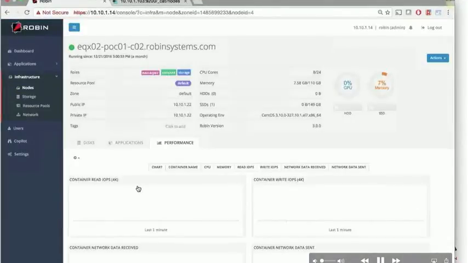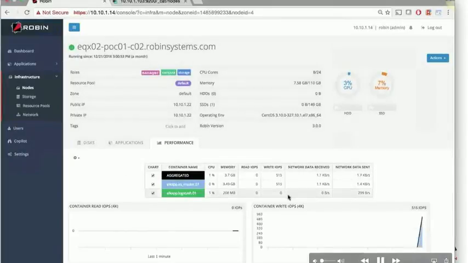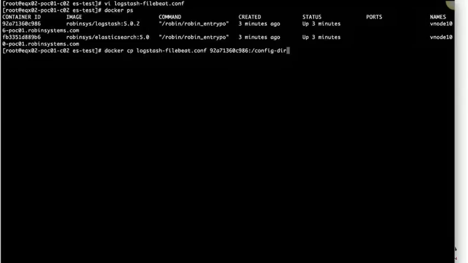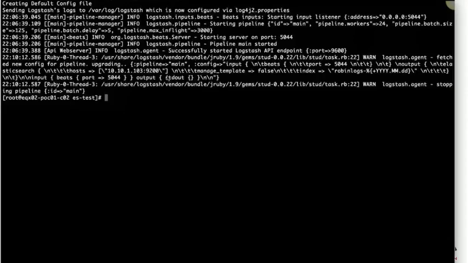And now what we will do is log into one of the Logstash nodes, actually the physical node which is running the Logstash, and configure some data capture. So we provide the name of the Elasticsearch, the IP of the Elasticsearch host, and then copy a FileBeat configuration file in the Logstash. Then we can verify the Docker logs to see whether the configuration has taken effect or not. And immediately what we will see is that